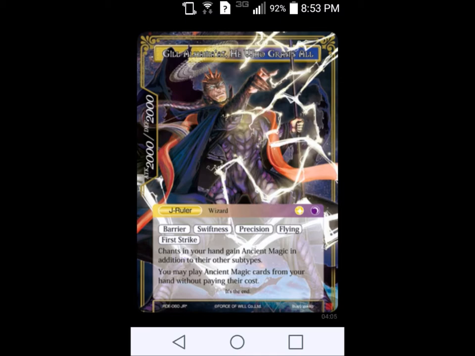If that's not enough to win you the game at that point, any spell, any chant in your hand is now Ancient Magic, and you get to play it for free, which is just crazy. Every burn spell is now free. Every draw spell, every banish spell, every kill spell, every spell, and all these chants in your hand are now Ancient Magic, and they're free. So